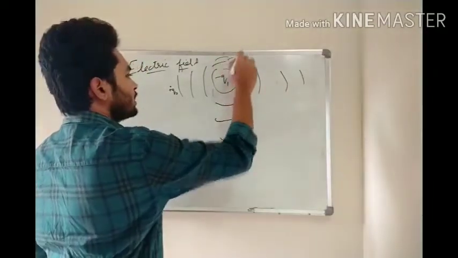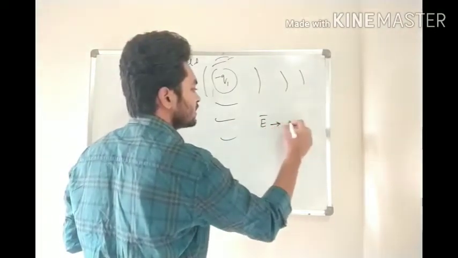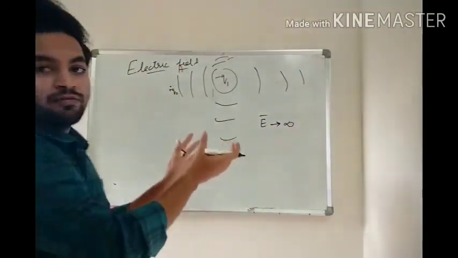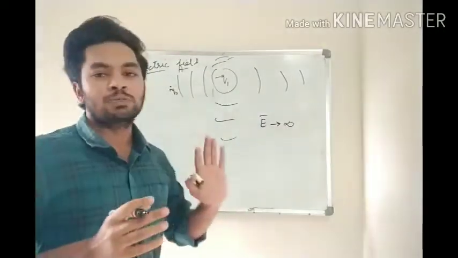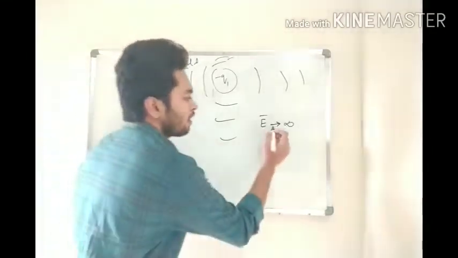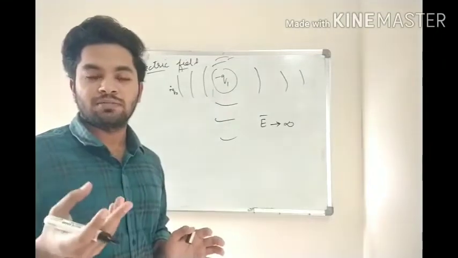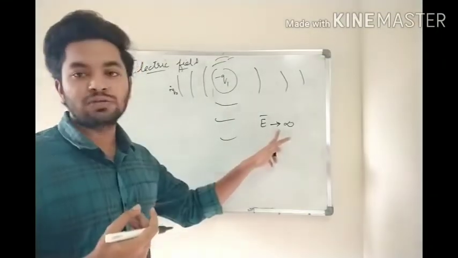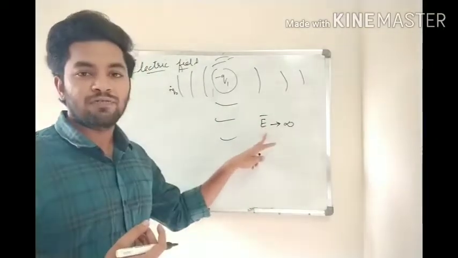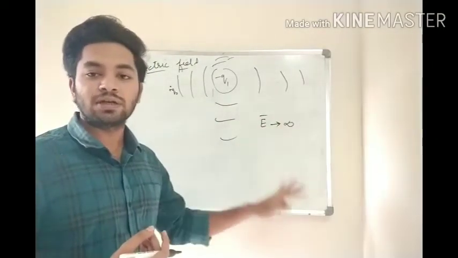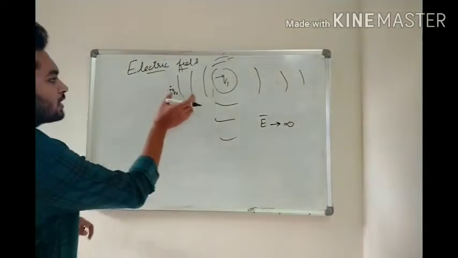This electric field extends till infinity. The electric field which is generated is not limited. It goes till infinity, and we don't know the specific value, which is why we say it extends to infinity. In mathematics, you have a chapter called limits, where we use the limit as it extends to infinity. Similarly, here also the electric field extends to infinity, but it is not equal to some value. Clear?